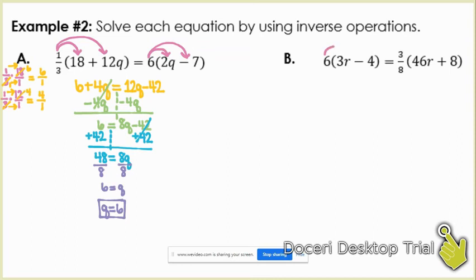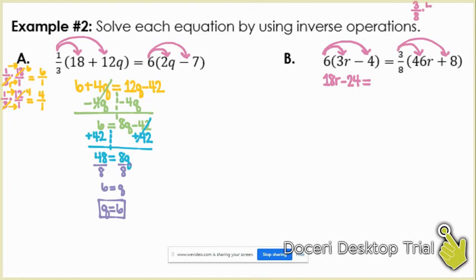We first have to distribute a 6 to both the 3r and a -4. Remember, this is connected by multiplication. So 6 times 3r is going to give me 18r. 6 times -4 is -24. I bring down my equal sign, and now I have to multiply by 3/8. So I'm going to show my work up top. 3/8